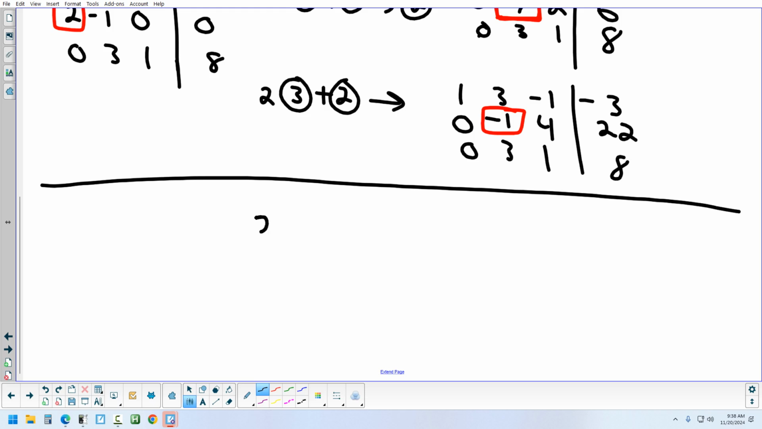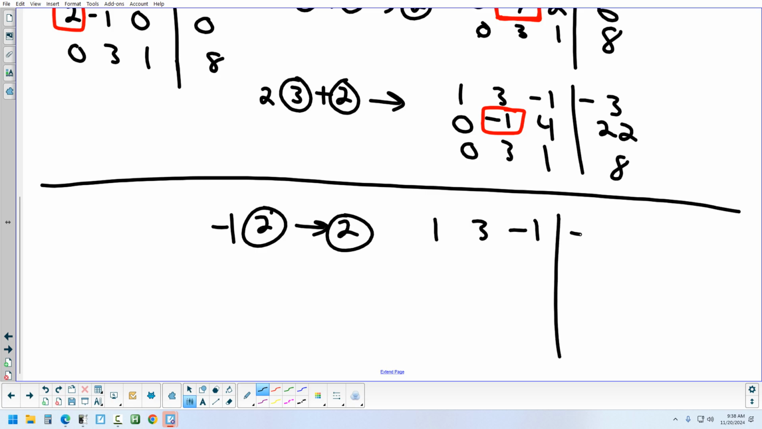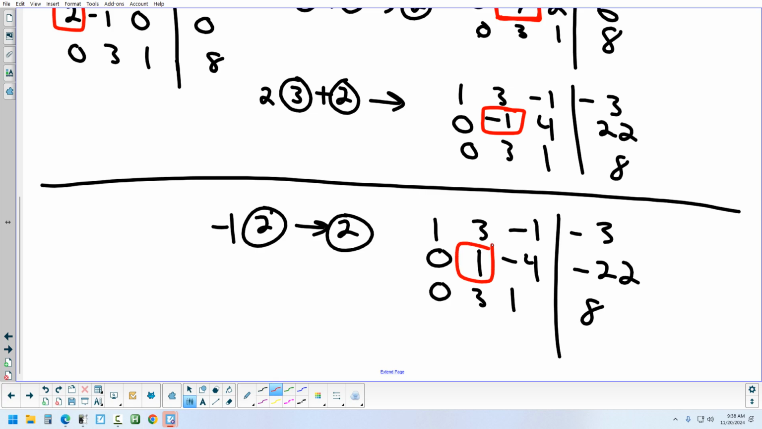So let's take the second row, multiply it by -1, and that's going to replace what row? That's going to replace the second row. So the second row is changing again. Rows 1 and 3 are not. 1, 3, -1, 0, 3, 1, 8, and that's going to become 0, 1, -4, -22. The reason we wanted to get a 1 here is because now it makes it easy to get a 0